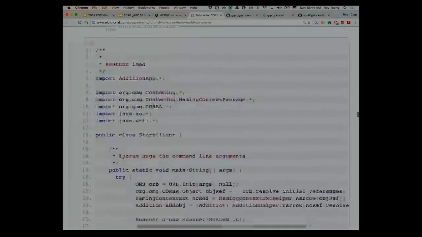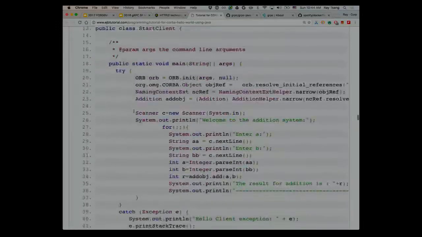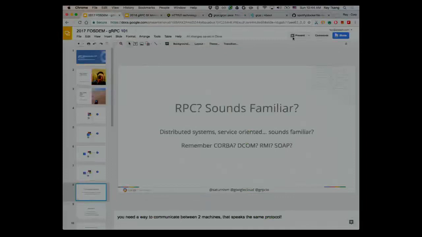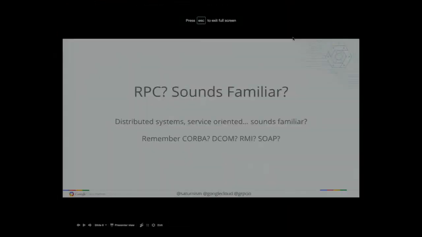And then if you scroll down a little bit more, this is a great tutorial. If I ever need to do CORBA again, this is the tutorial I will look at. And then this is what I need to do to generate the client or to use the client. And again, there are a number of things here that I don't understand, for example, narrow, and naming context, and all that stuff. So that was the state of the art for RPC. No wonder, I guess, nobody really thinks about RPC anymore.